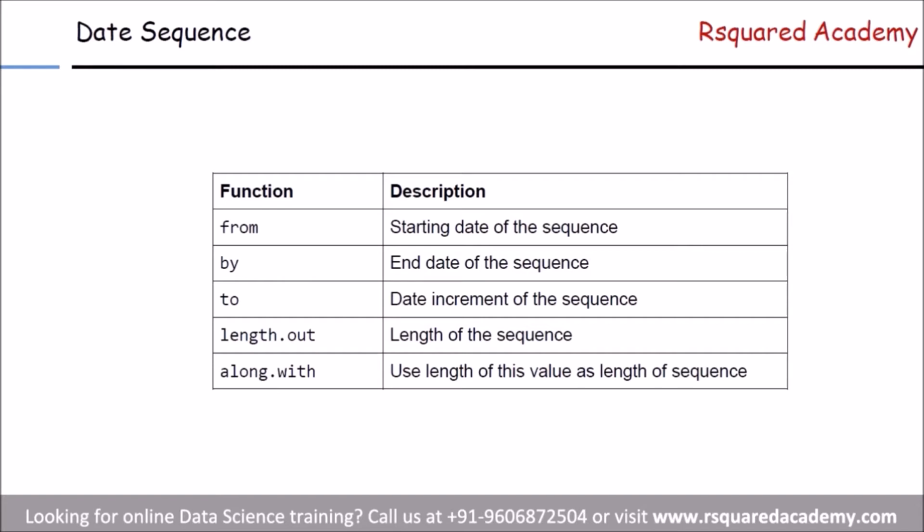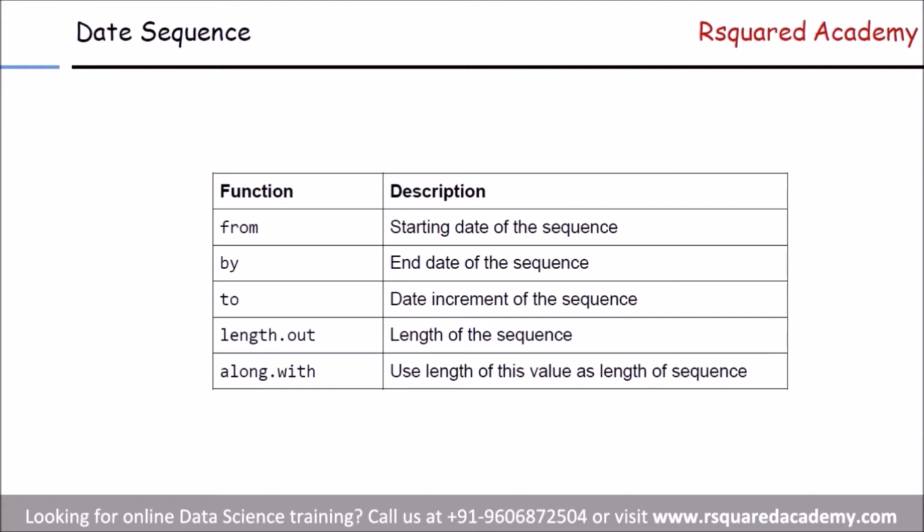The to argument will be used to specify the end date of the sequence, but as a bare minimum you have to at least specify the from argument. And the interval of the sequence can be specified in any of the following units. The gap or difference between the dates can be a day, week, month, quarter or year, and we can add the following to the intervals.